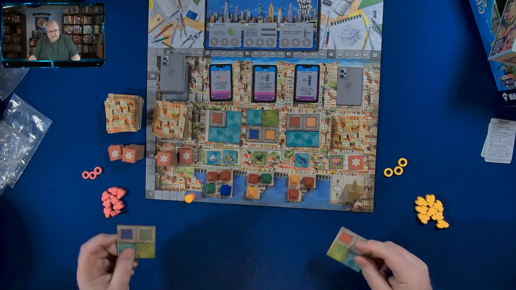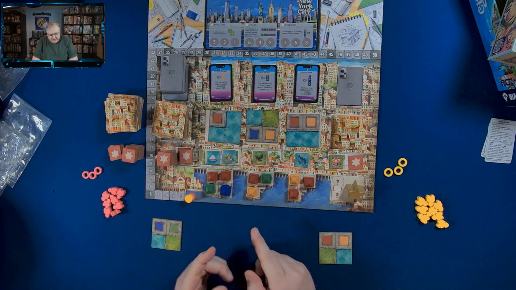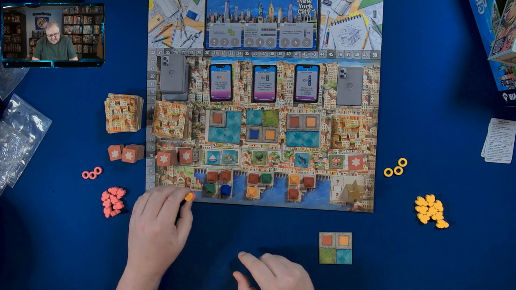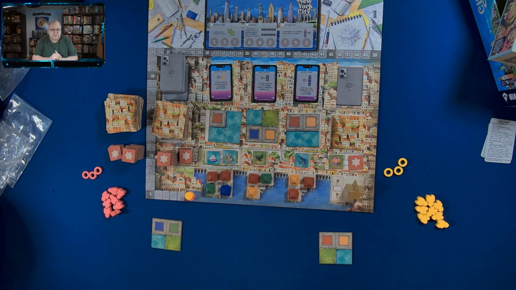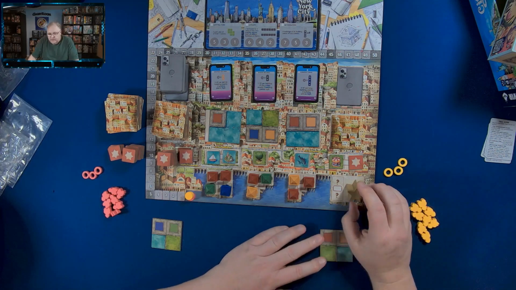We both have a little starting tile. And if you did watch my unboxing, I was talking about how the colors of the buildings didn't match the player colors. Well, that's because they're not related. The buildings have nothing to do with the player color. At first I thought it was going to be that way, and then that's not what it was. So, to clarify that. Okay, so this is the first starter